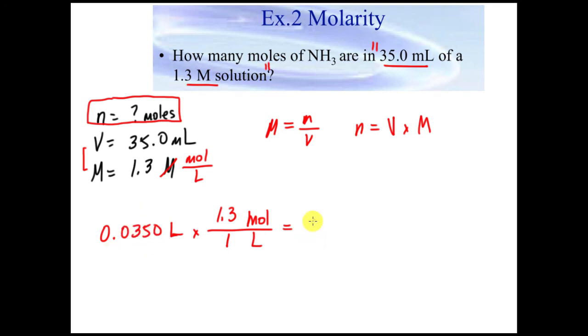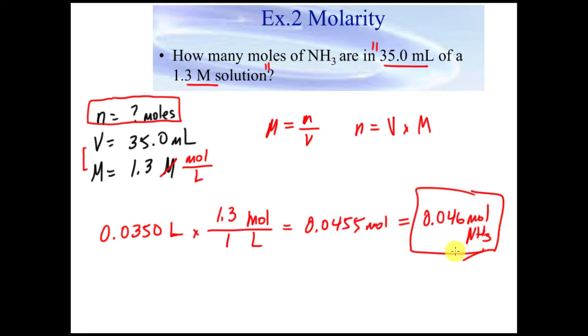Well, in order to figure that out, I multiply these two together, and I end up with 0.0455 moles. In this case my problem should be rounded to two significant figures based on the 1.3, so 0.046 moles of NH3 are required. Okay, so we can find moles, we can find the molarity, and let's take a look at what happens if